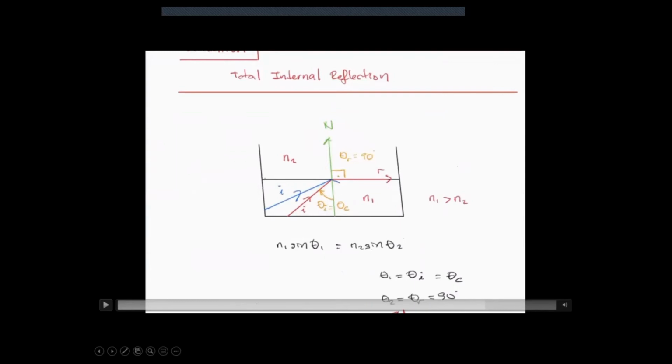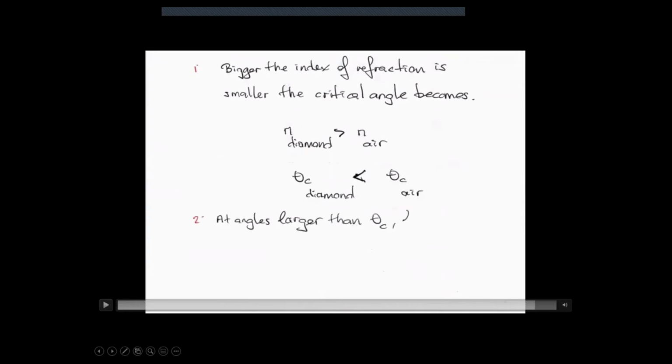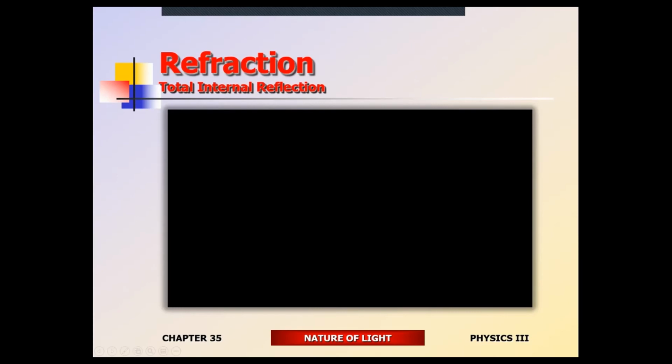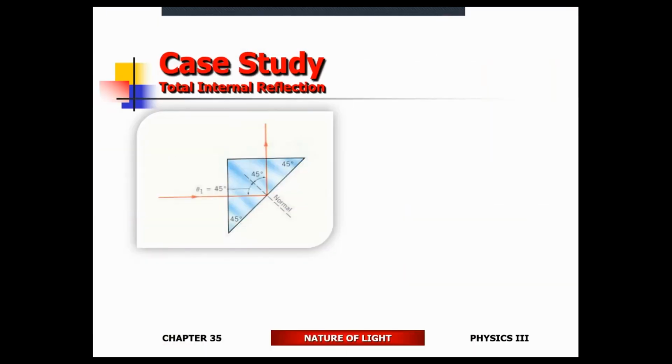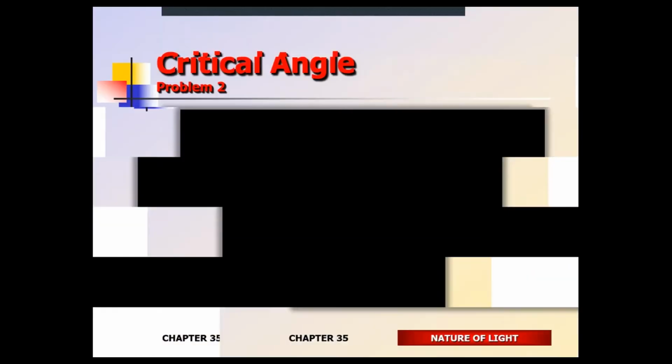If the angle of incidence is larger than the critical angle, you end up getting an internal reflection, so the light gets captured. At an angle smaller than the critical angle, the light is going to escape from the material itself. Cool. I needed the number for that one. It's going to be less than 45 degrees. I needed to see the number.